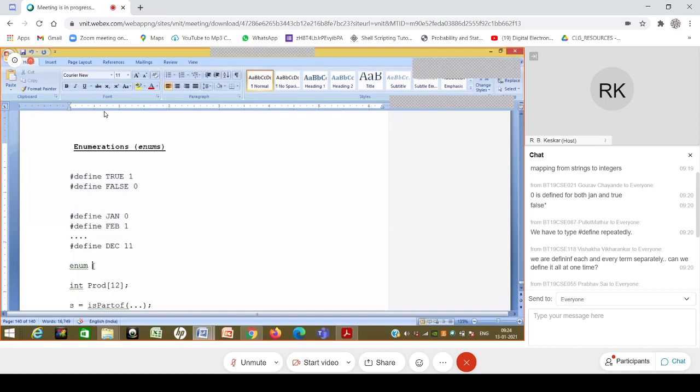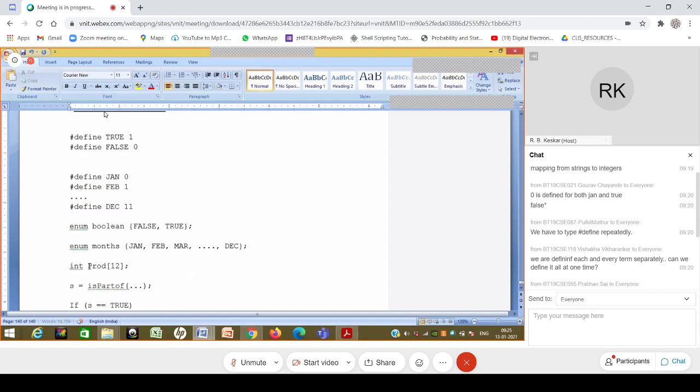So maybe I can combine them together by saying this is enum boolean, and it takes two values. I will say it takes value false and it takes value true. Now I changed the order here, false and true, and there is a reason behind that, and perhaps you can guess the reason. Then I can have another enum, which is enum months, in which I can write Jan, Feb, March, like that. I'm not writing it all now. You can write it, and the last one is December.